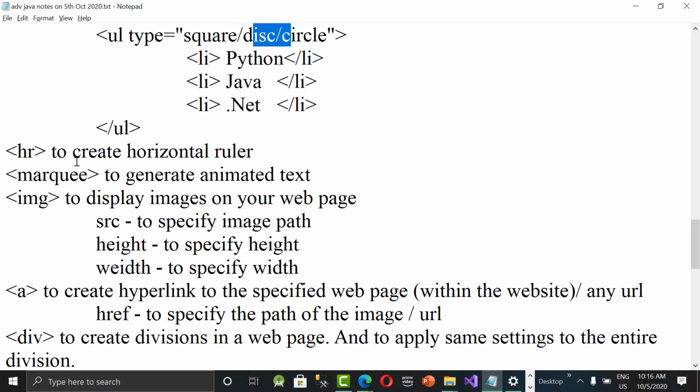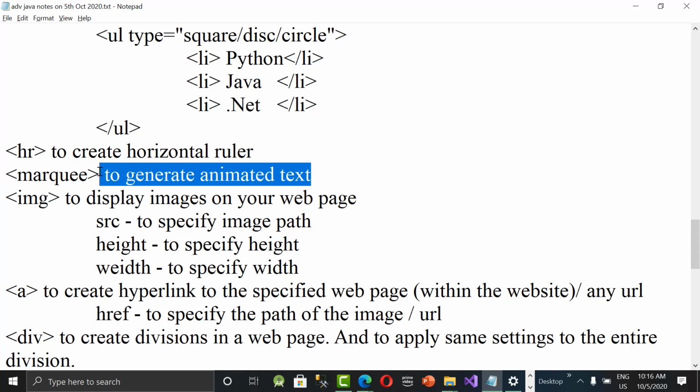And to create horizontal ruler, we can use HR. A marquee tag is to display any animated text, text or image. If you keep image here, image will be navigated. Check with images today. So write img tag in between marquee tag open and close so that image will be moved from left to right or right to left, whatever direction you set. You can also keep some GIF animated files, images.